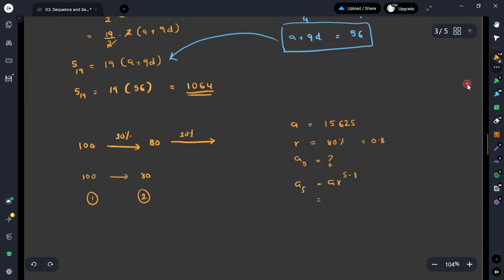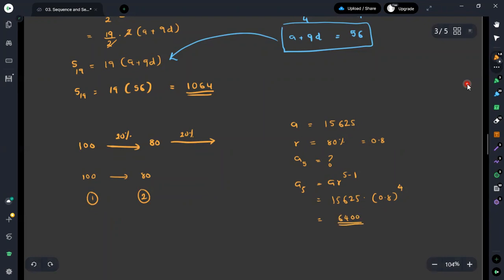Then the value of A is equal to 15,625, and the value of R is taken as 0.8. It is because this is the ratio of the value for the next year, or the percentage of the value, then to the power 4. Then if you do this calculation, you will get the value as